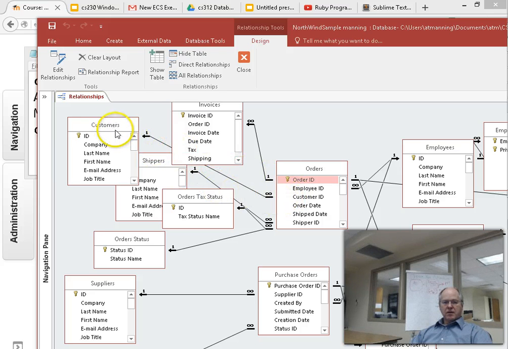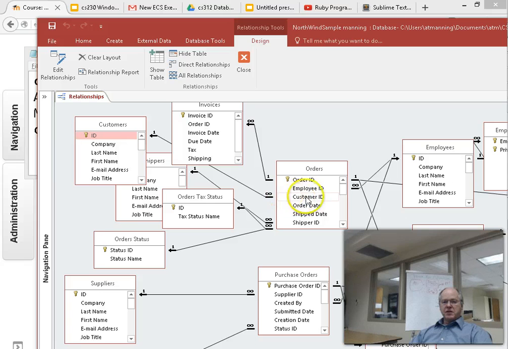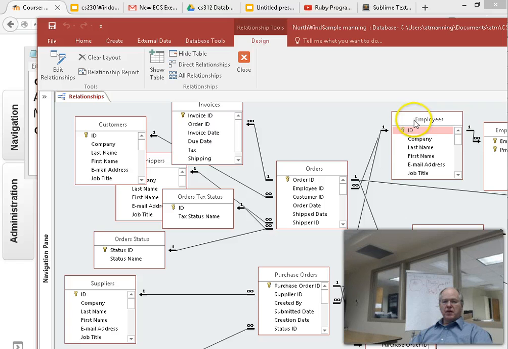We don't want redundancy in our orders table. We don't want to keep listing the customer and his name constantly. We just want to refer to them by their ID. Same with employees. They're associated with an order. They rung up the order, but all the detailed information about the employee goes to the employee table, and the